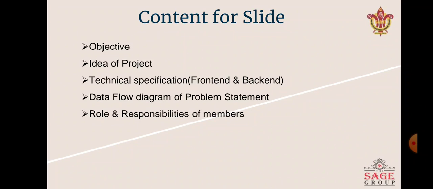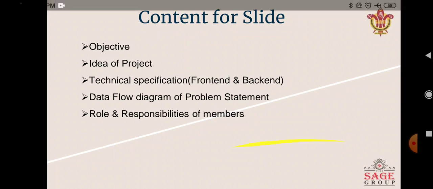For this I have to say that a maximum of 5 members can be in a group, or a minimum of 2 members can be in a group. In this point you have to define for every person who is doing what. For example, one person is doing data collection work, second person is doing front end work, third person is doing back end work, fourth person is doing testing work. In this manner you have to define all members' roles and responsibility.